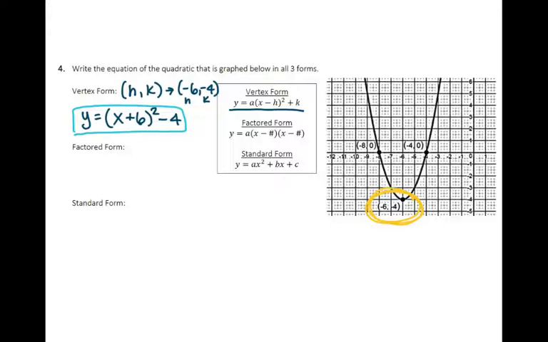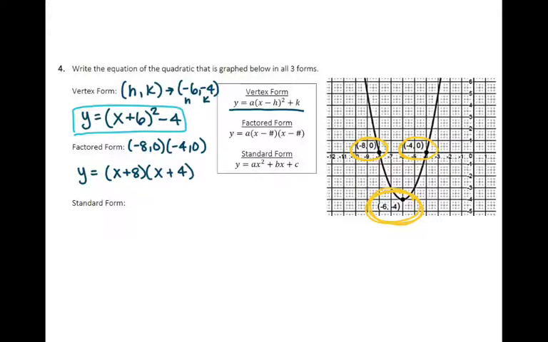Factored form, we can write our equation by looking at the x-intercepts. So your x-intercepts are where they cross the x-axis. So I have an x-intercept at -8, 0, and another x-intercept at -4, 0. So if I have an x-intercept at -8, that means the factor that it came from was x plus 8. Similarly, if I have an x-intercept at -4, that factor is going to be x plus 4,